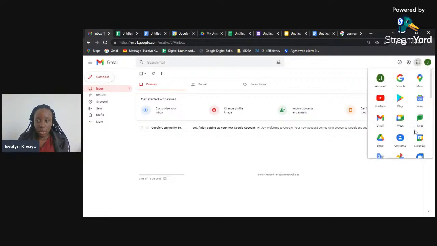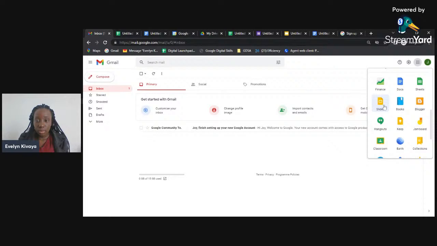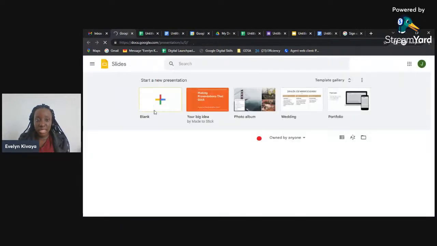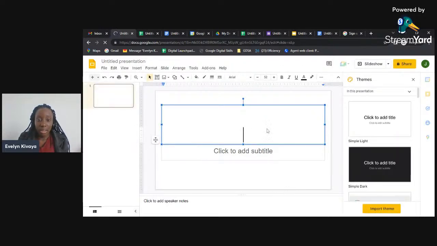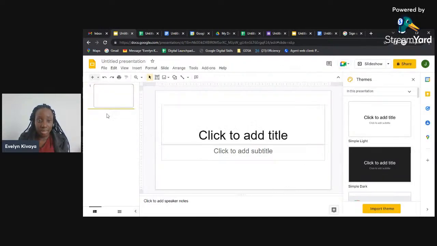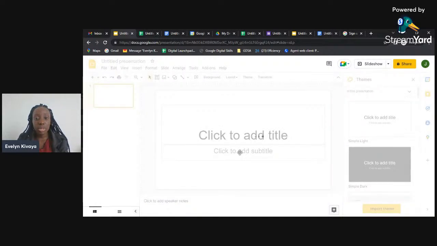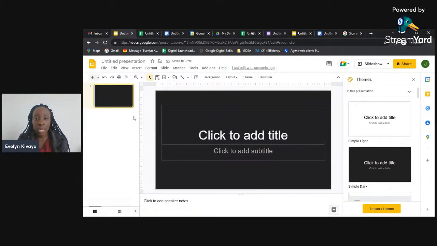Then the other one is called Google Slides. Google Slides is a modified version of PowerPoint presentation. So you can even create your pitch right here under it. You can create your pitch, modify it, use any theme that you'd like to use, and also you can actually work on it together. For example, I've got a colleague in the UK, another colleague in China, and another colleague in the US. We can all work on this while we are in different locations, but we are all working on the same thing.